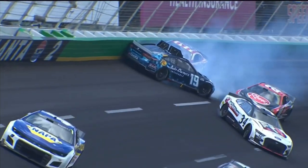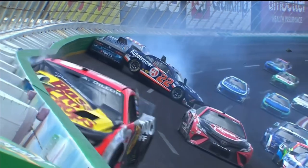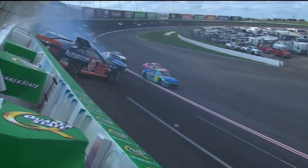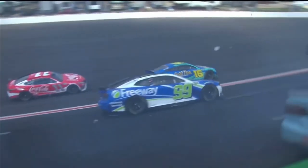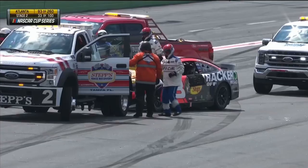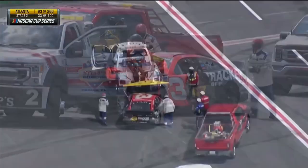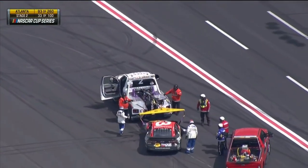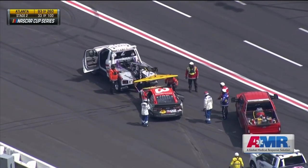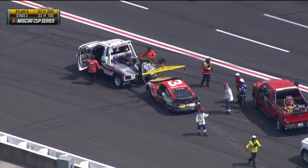Watch the 3. We're going to be right on it when he comes into frame right here. And Junior, this is the worst thing. Oh my goodness. Such a big hit. Wow. Imagine this, if we didn't have that safer barrier there, that would have been a whole lot worse. So thankful for the advances that we've got in safety for moments exactly like that. AMR safety team taking care of the 3 right now. As Austin Dillon out of the car, he'll go to the infield care center. So Rick, now that we see the driver